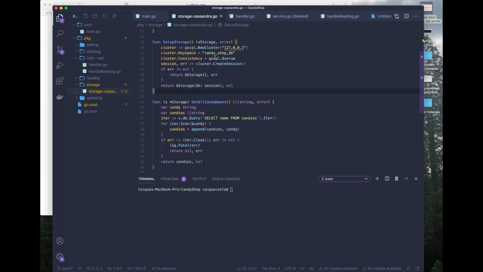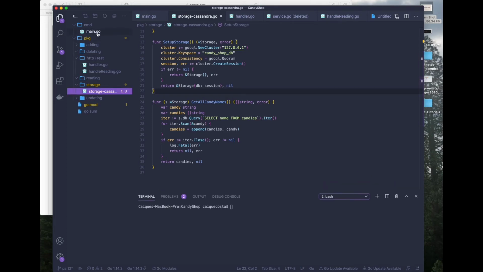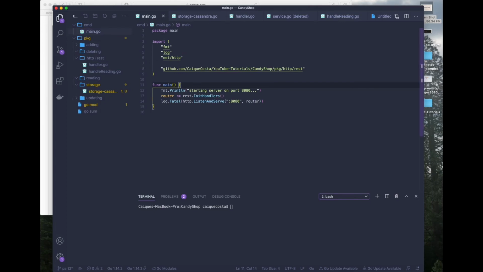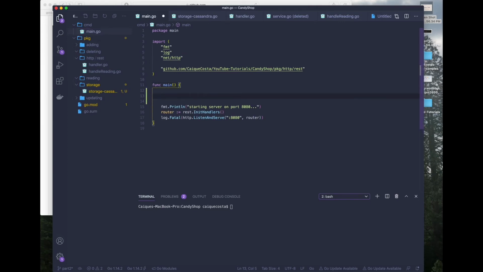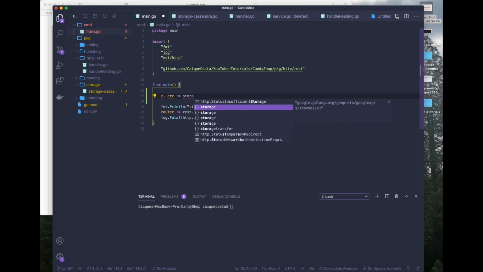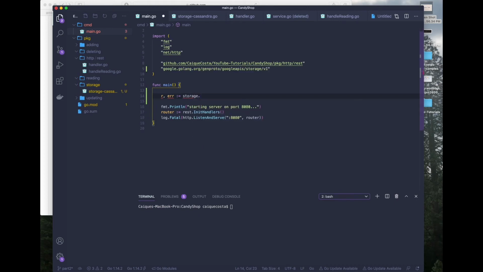All right, yeah, so cluster dot create session, and also let's go ahead and set all of that up inside of our main.go file. We're going to return an R, or we're naming it R because it's our repository. You can name it S or whatever, it doesn't really matter. But we're going to call storage dot setup storage,